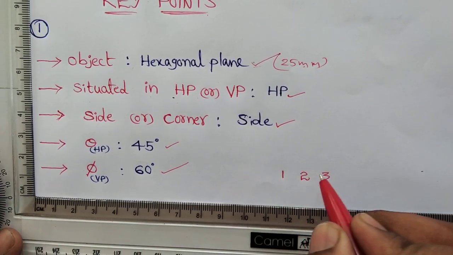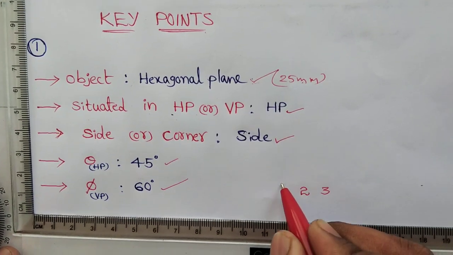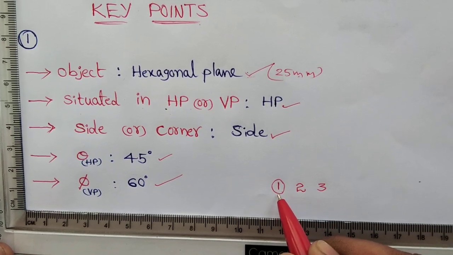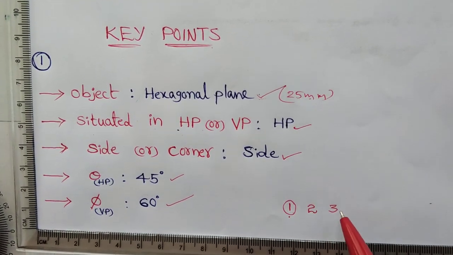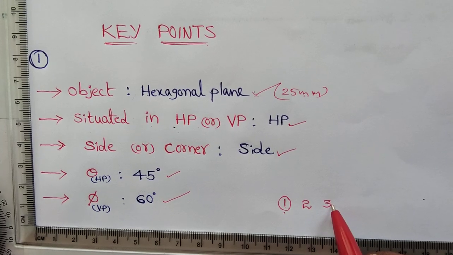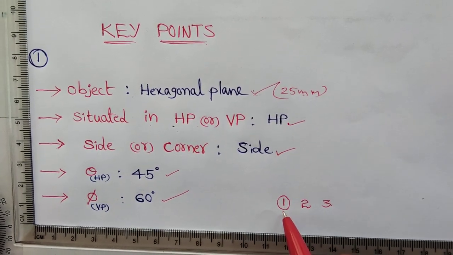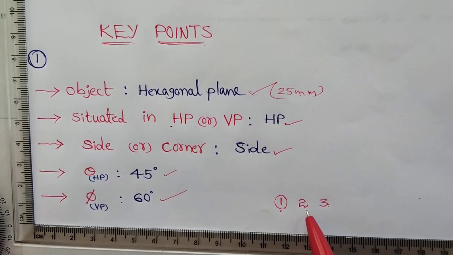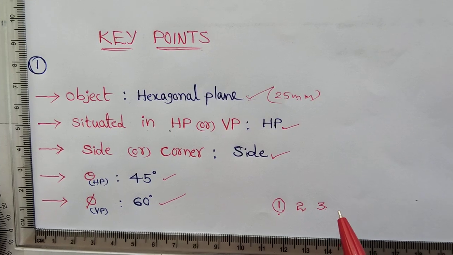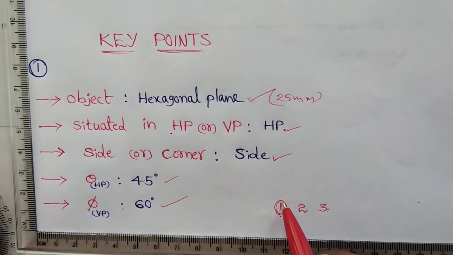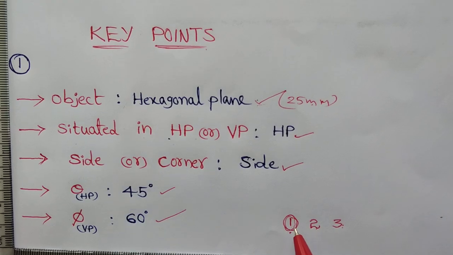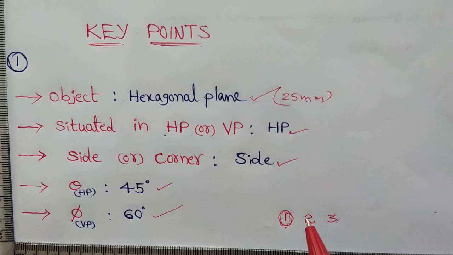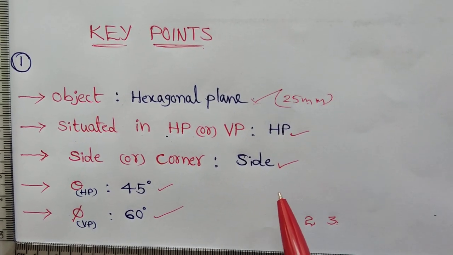The complete solution of the problem depends on the simple position. If we draw the simple position in the correct way, we will get the second and third projections right automatically. If we construct it the wrong way, we will get the second and third stage projections also wrong. So the simple position construction is very important. How can we decide this? Here I am going to tell you a few tricks. So let us see these tricks.